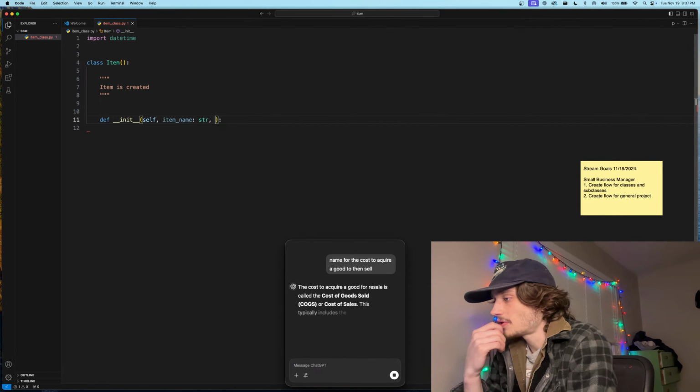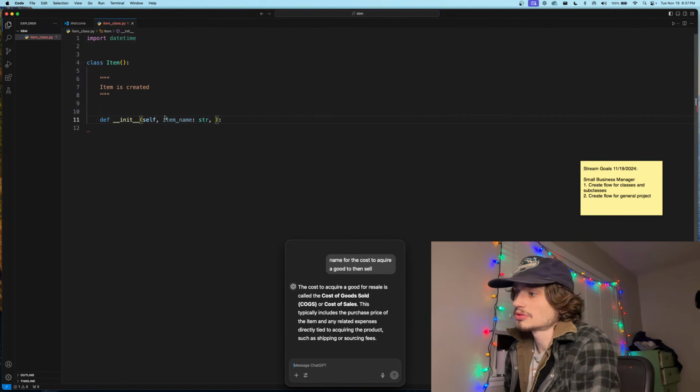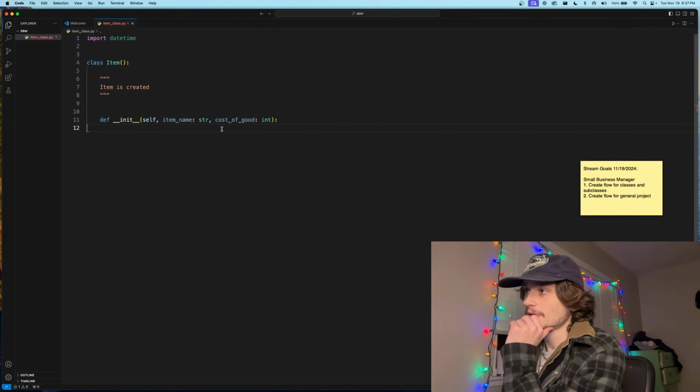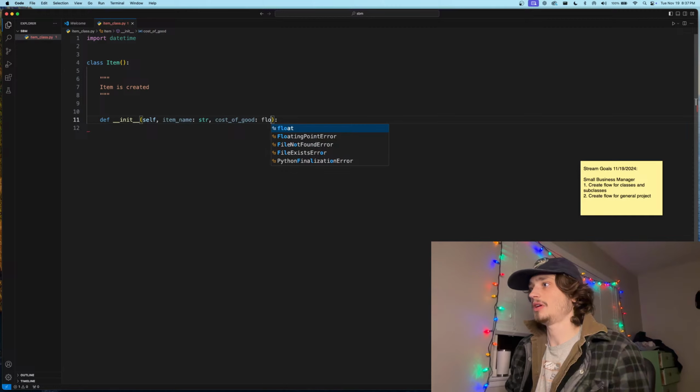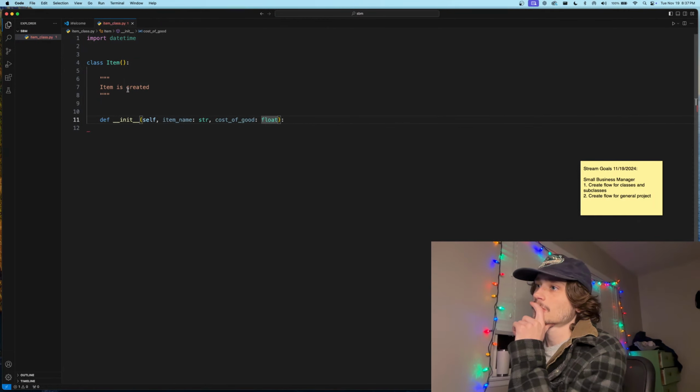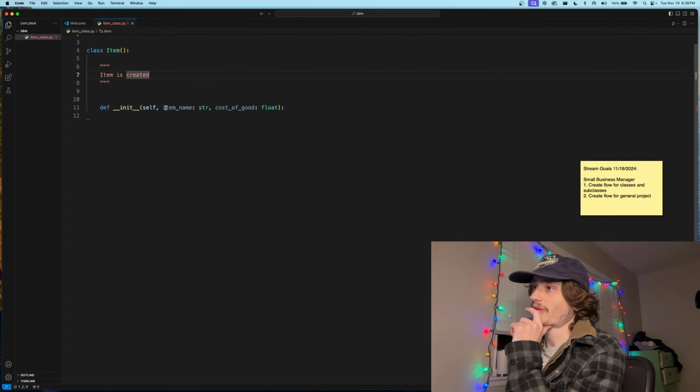The cost to acquire a good for resale is the cost of goods sold, the cost of sales, cost of good. Okay, so I guess I'd say cost of good for lack of a better name. So this will be in the form of int, right? But this is actually going to be a float, right? So we have an item name that is provided, and we have a cost of good, which is provided to